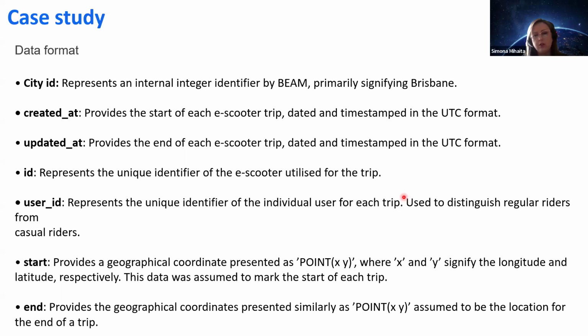We also had a user ID so that we can find out whether a user comes back later to e-scooter utilization or they're just one off. And definitely also coordinates, latitude and longitude, basically to know where these trips are coming from and going to. However, as you can see, we do not have any tracked GPS points along the trips, and this was a challenge for us, and I'm going to chat to you about that in a second.